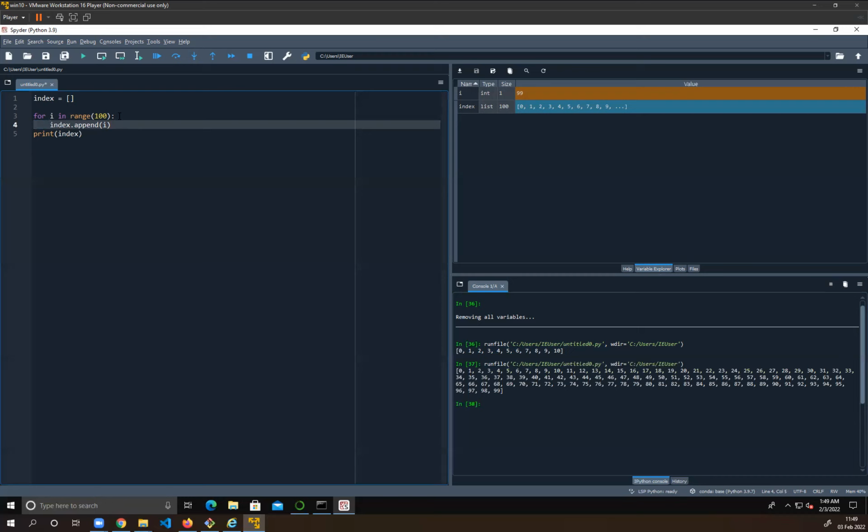These 4 spaces signal to the Spyder program that this index is specific to the for loop. It will only happen inside this for loop. All right, and then at the end, we're just printing the value of the list. Let's just change it back to 11. Run it, and then we get